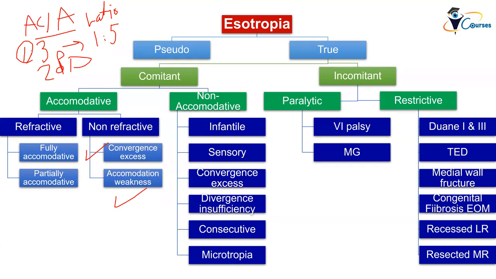The other category of comitant esotropia will be the non-accommodative. They don't have any relation to